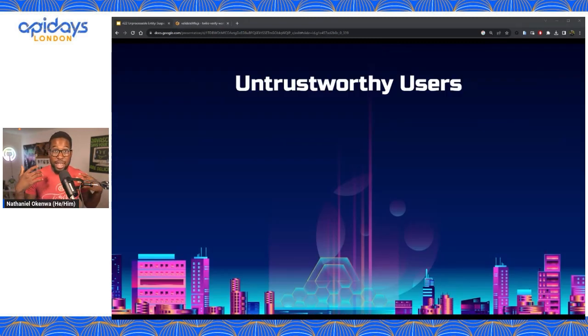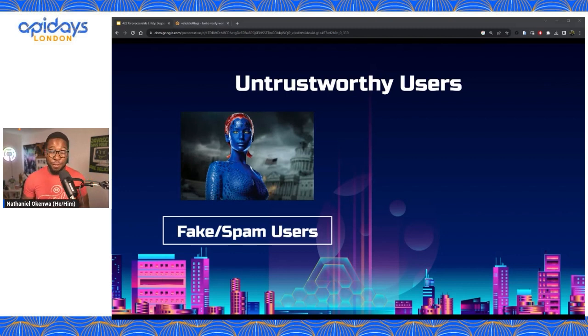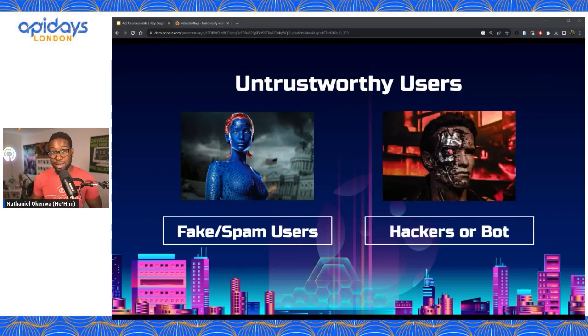Now, let's talk about some of those suspicious numbers that may be occurring and hitting your two-factor authentication. Well, first of all, they could be fake or spam users. These are the users that create spam or create undesired content and can cause distracting data points. And then you also have hackers or bots, and these people, not people, but these users are definitely trying to crawl your data, maybe look for security holes. They want to take advantage of you, or maybe take advantage of your customers, and they want to do harm. And we want to keep them off our platforms. And two-factor authentication is one of the ways that we can go about doing it.